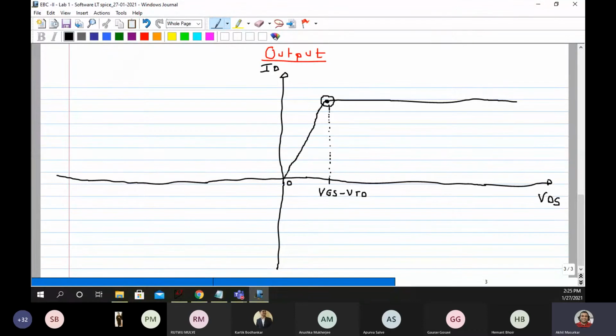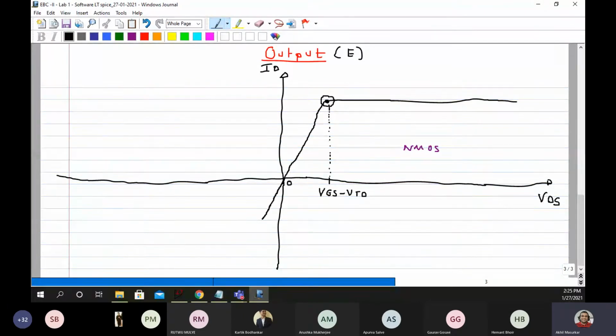Currently we are looking at output characteristics of only enhancement type. This is for NMOS. Now I am drawing for PMOS on the same characteristics.